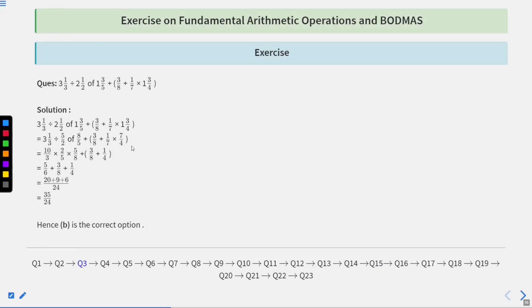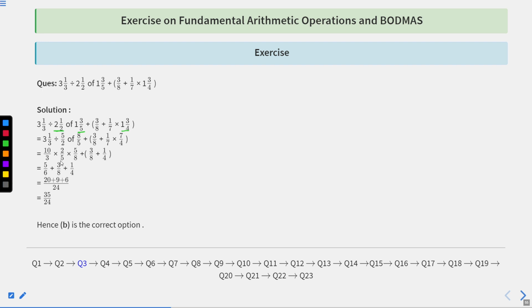We can write this expression as 3 of 1 third divided by 5 of 5 upon 2, because we have simplified the mixed fractions first, this one and this one. In this step, we are removing the mixed fraction and writing in the proper fraction, A upon B form. So now we will have, by further simplification,